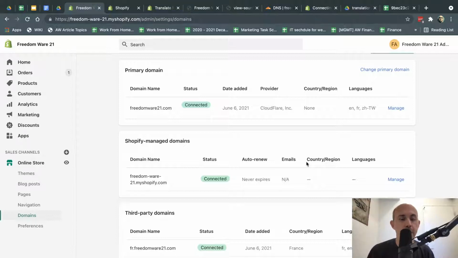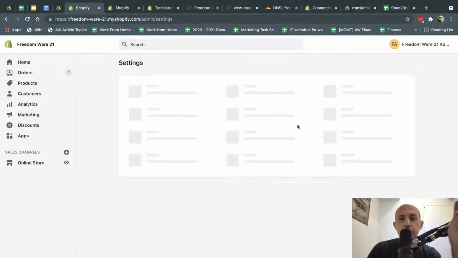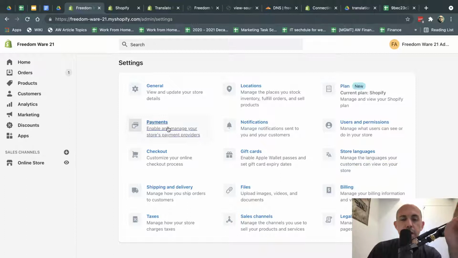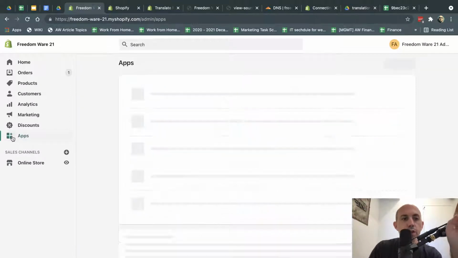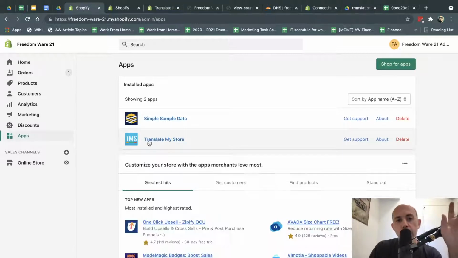So that's it. Other things for the recap: there are a lot of things you want to do in your settings. Don't forget the currencies via Shopify Payments or another payment provider that supports multiple currencies. Set up store languages. Inside the payments, you can set up the currencies. Make sure you use a translation app. The one we like to use is Translate My Store.